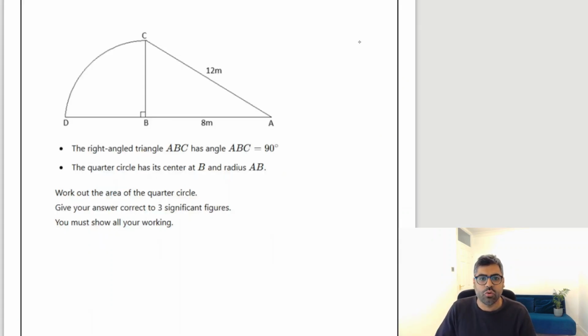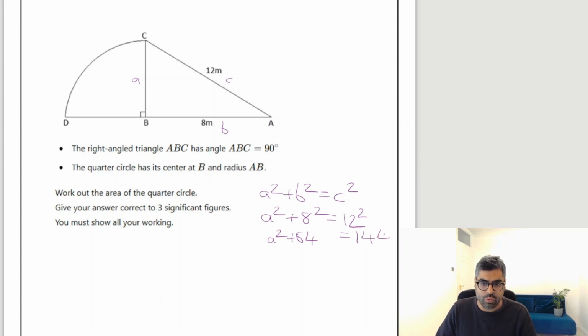So here we have a right angled triangle which is connected to a quarter of a circle. We need to work out this line here, which is the radius, and we can do that by using Pythagoras, as this is a right angled triangle. So labeling the triangle, this will be A, this will be B, and this will be C, and the formula for Pythagoras is a squared plus b squared equals c squared. So filling in the blanks gives us a squared plus 8 squared equals 12 squared. Working this out for a, we need to do a squared plus 64 equals 144. Minus 64 from both sides gives us a squared equals 80, and then square rooting both sides gives us a equals